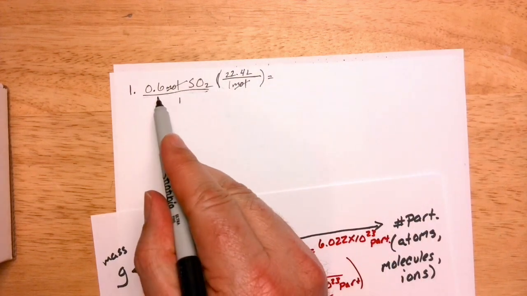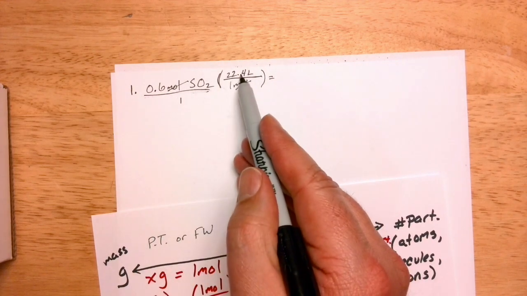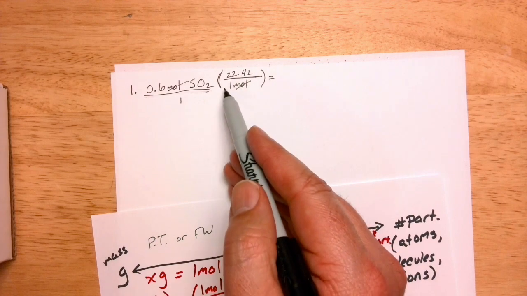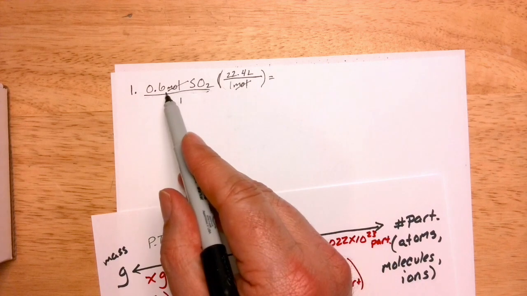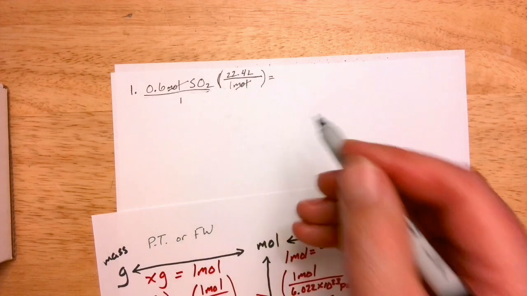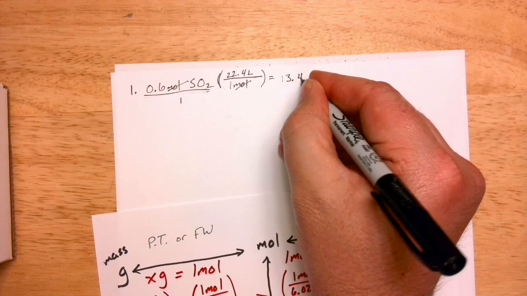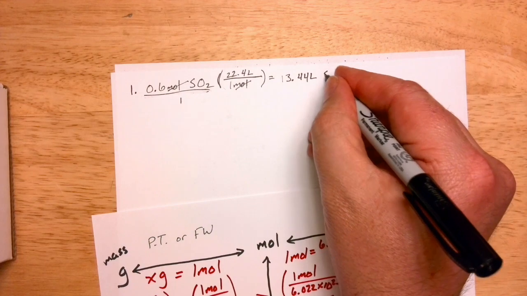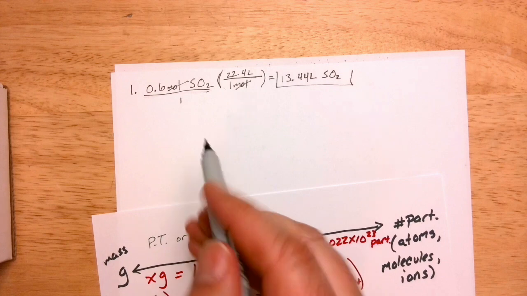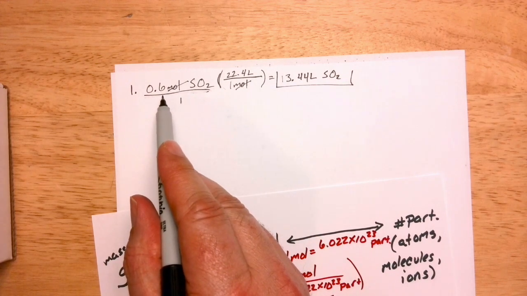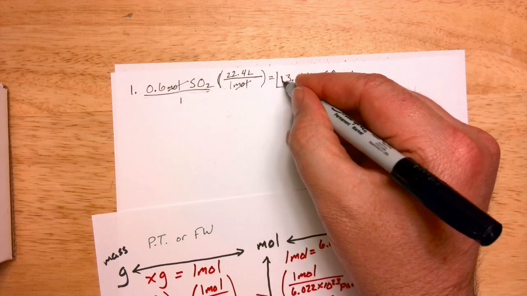So I'm going to take 0.6, technically divided by 1, it's going to give you the same number, times 22.4 divided by 1. Whenever you multiply and divide by 1, it's the same thing. So you always multiply the top, divide the bottom. So 0.6 times 22.4, and we end up getting a value of 13.44 liters of sulfur dioxide, SO2. So there's your answer. If you have 0.6 moles of sulfur dioxide, you're going to have 13.44 liters of